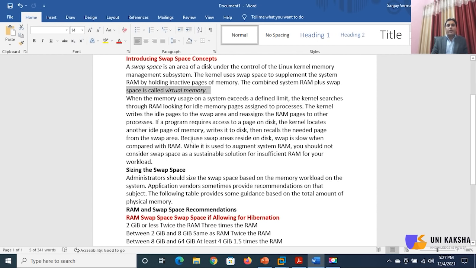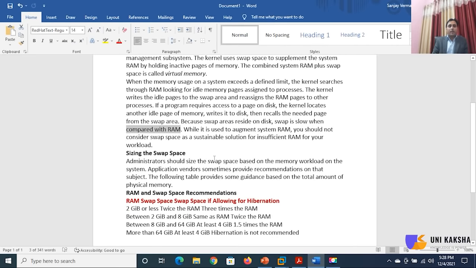If programs require access to a page on disk, the kernel locates another idle page of memory, writes it to the disk, and then recalls the needed page from the swap area. Because the swap area resides on disk, swap is slow compared to RAM. Generally, people say if you increase the swap space, your system performance will increase. No, never. It's totally wrong.